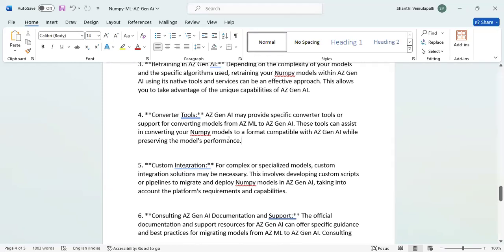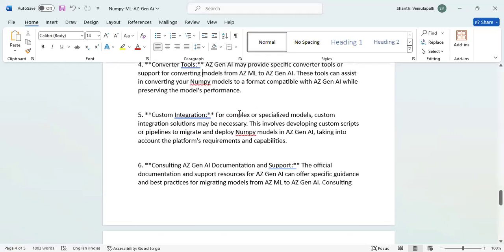See, we need to see here, if legacy systems are developed from NumPy, they need to continue with the NumPy setup only because they don't want to change the trained models. They want to customize the models but continue with them. If you want to continue the models, generative AI has got that support also, with interfacing with the NumPy models. That is where the conversion tools are going to help.